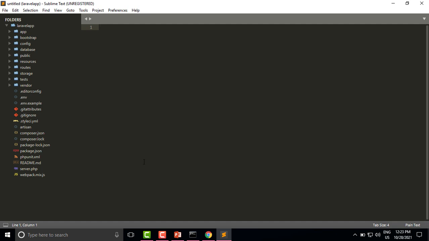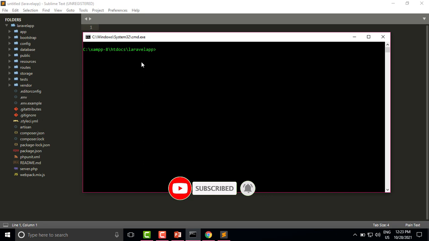So let us see how to create the markdown template. For that we need to open the command prompt and write the command php artisan make:mail and the name of the mail template, example-email, with the markdown option.